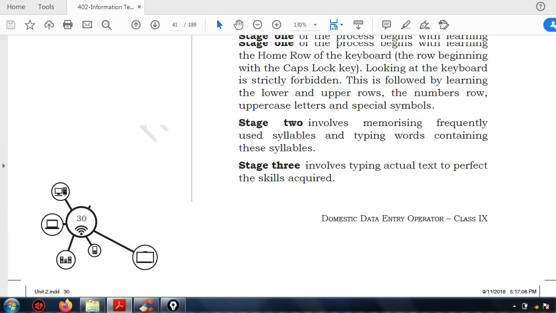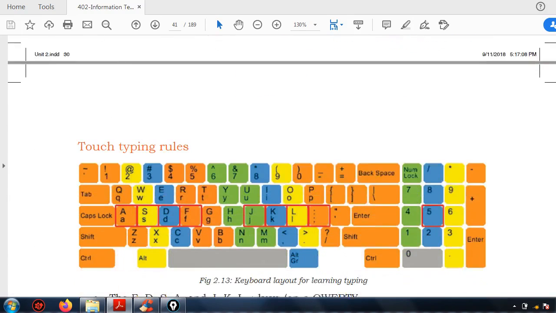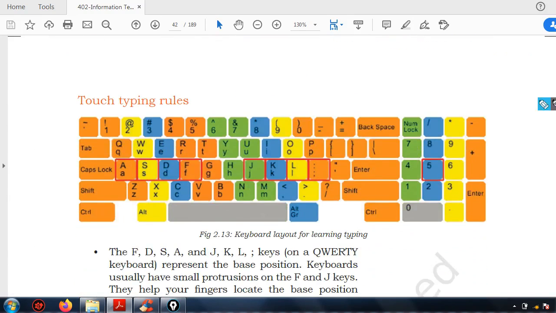Now, next the upper row and the number row, and this is followed by learning the lower row, the upper row, and then the number row and upper case letters, and then special symbols.